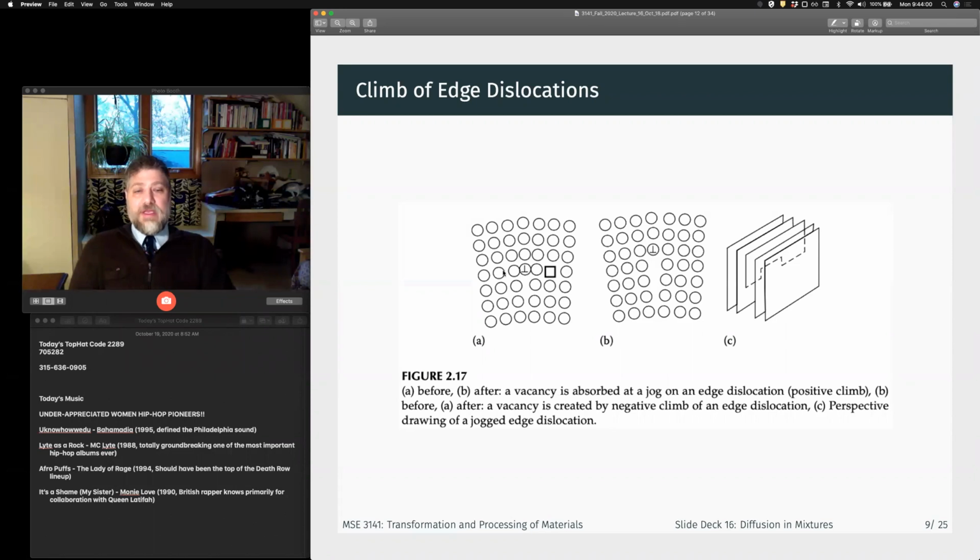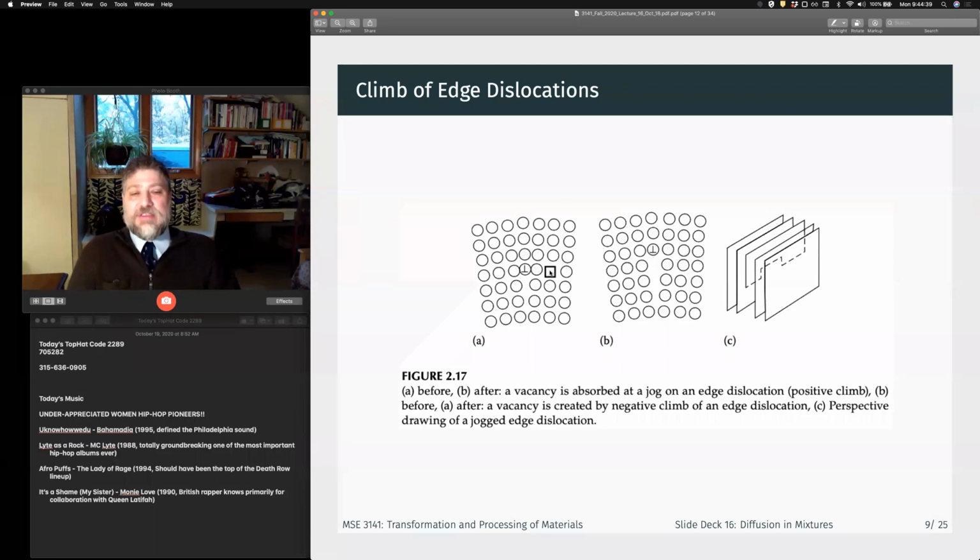So this dislocation, like all dislocations, is confined to glide in its slip plane, right? The only way it can change planes is by climb. Remember, screw dislocations can cross slip because of their geometry, which isn't relevant to the discussion here, but edge dislocations, the only way they can change out of their plane is by climb, right? So how does climb occur?